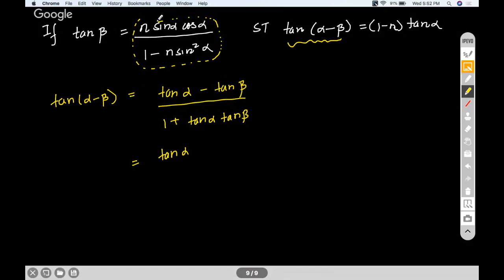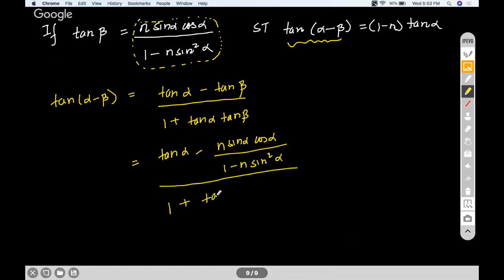So you'll get n sine alpha cos alpha by 1 minus n sine square alpha divided by 1 plus tan alpha